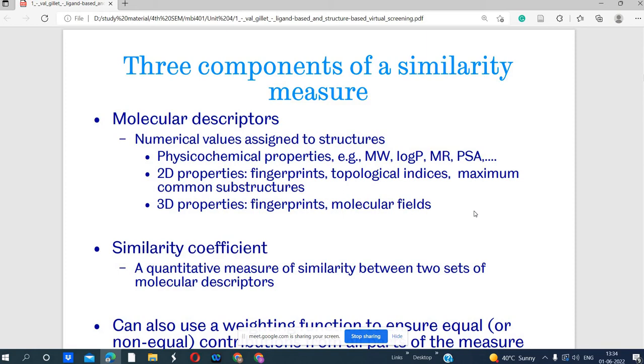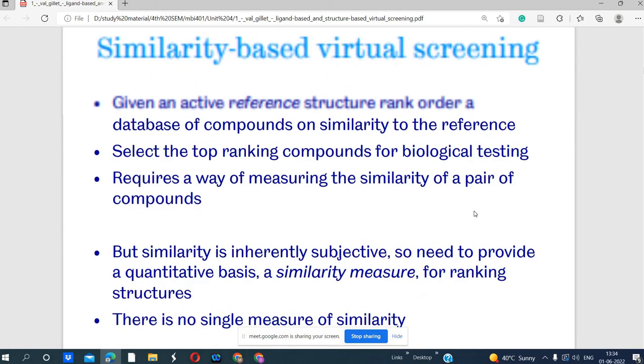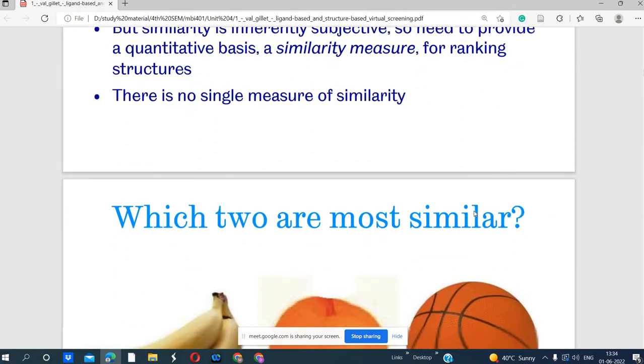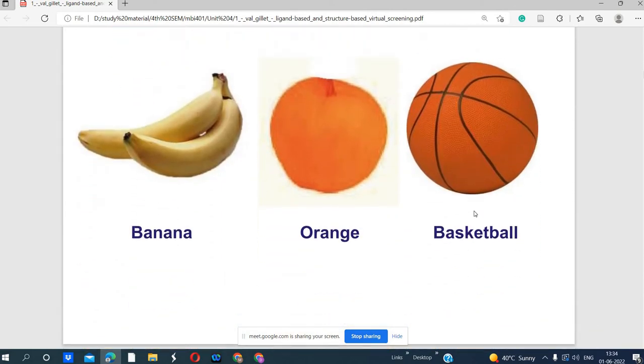Like you can differentiate between orange and banana. It shows a difference in topology, but the topology of orange and basketball is similar. What is the topology? That is the shape, the surface area. That we can determine using